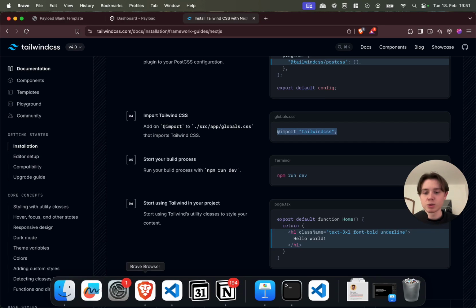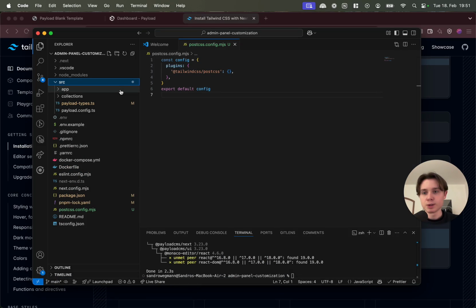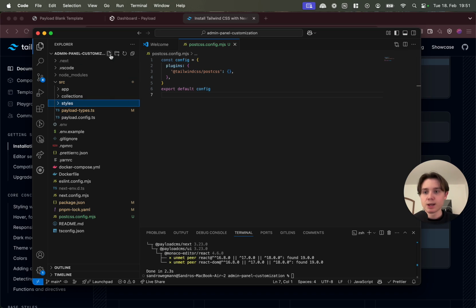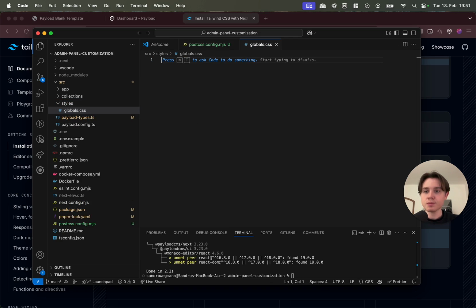So let's go back to our project and we will create a new folder in our source directory called styles. In theory, you can put the styles file everywhere you want, but this keeps it nice and separated. In our styles, we're going to create two files. One of them we can call globals.css. It doesn't really matter. And the other one I'm going to call payload